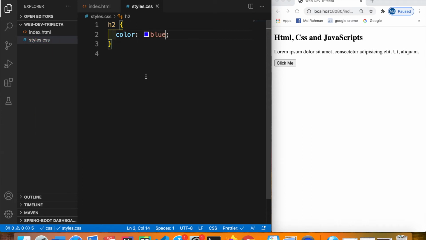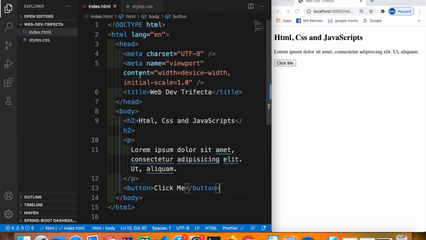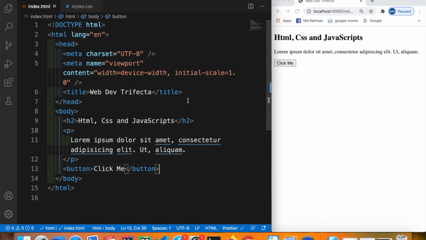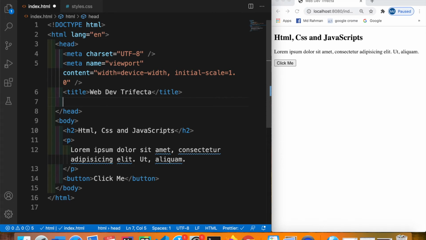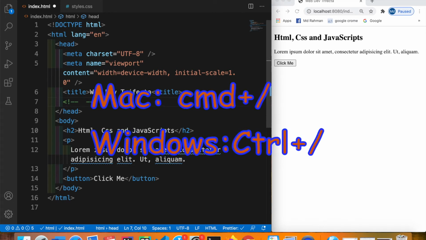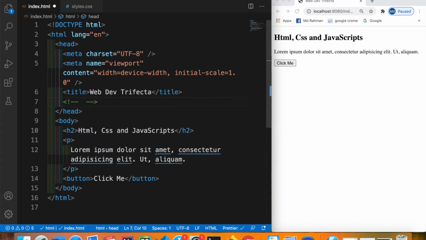Save it. There is no effect. Why? Because we need to make a link to this HTML document. So after that, you can press command slash, that will create comments for you. It says CSS,